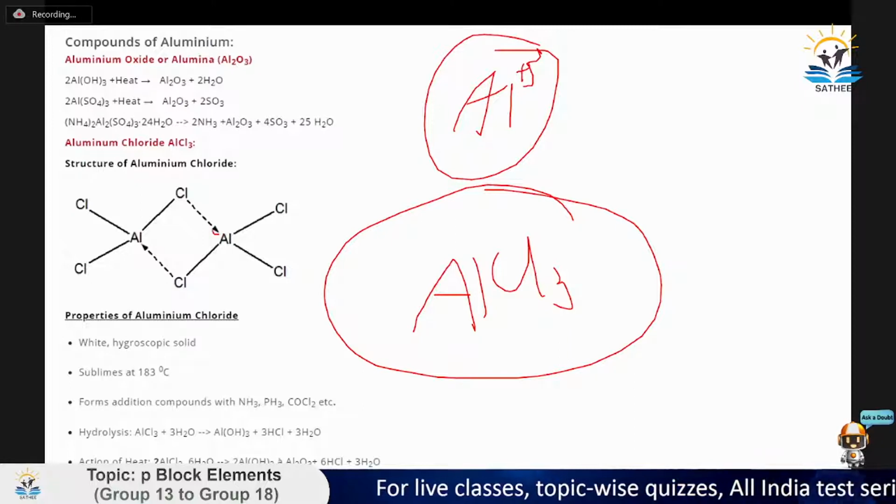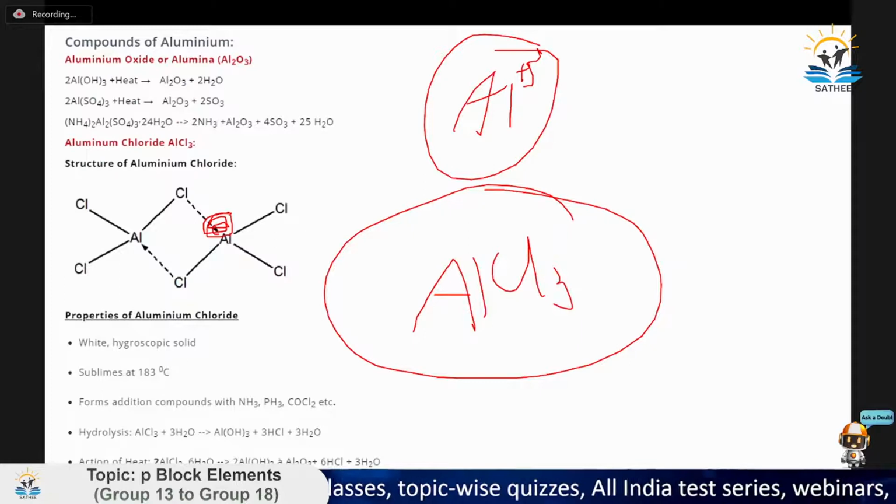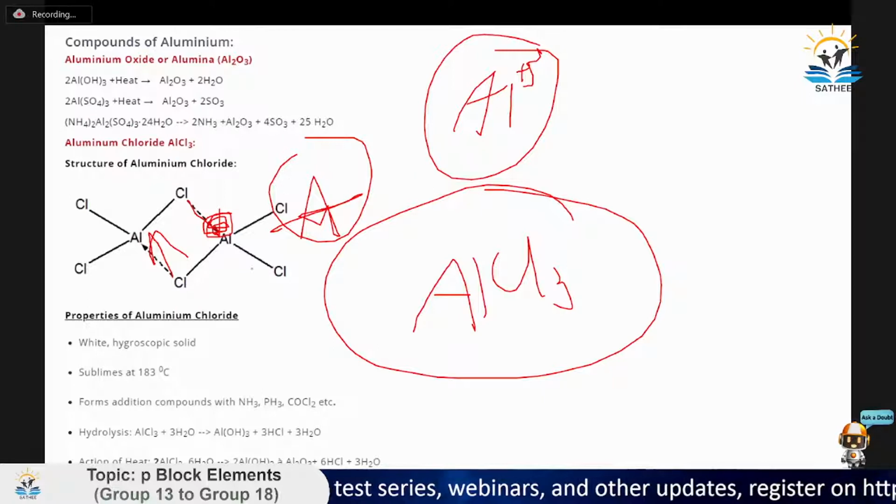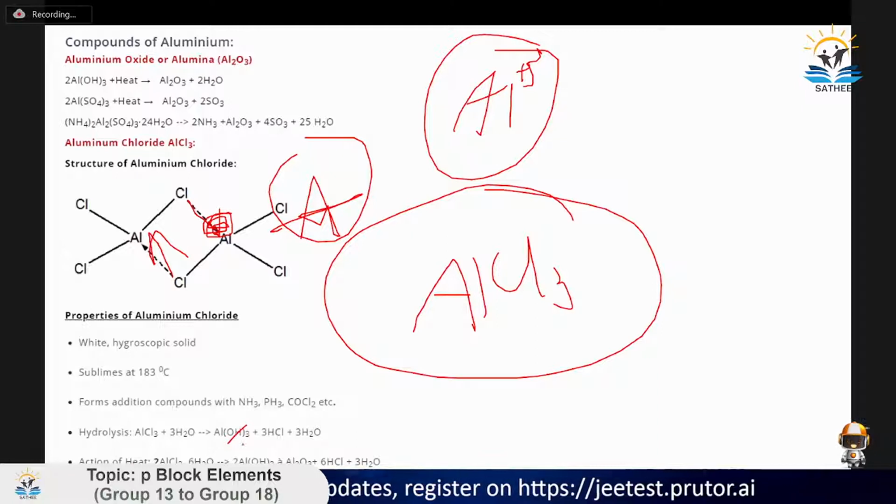That is because of the empty orbital present on the aluminium over here. So chlorine becomes a good guy and donates its bond, and this makes this type of structure. Now you can replace this with whatever other groups you want, CH3 or anything. That's pretty cool, right? Hydrolysis of this gives Al(OH)3, and heating AlCl3 again gives Al(OH)3 and